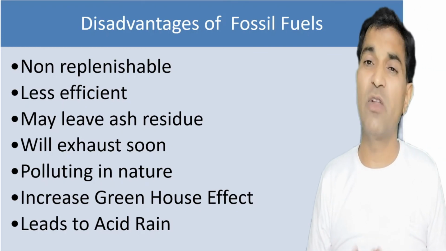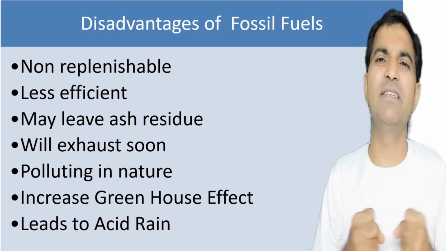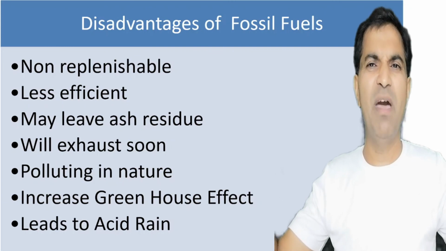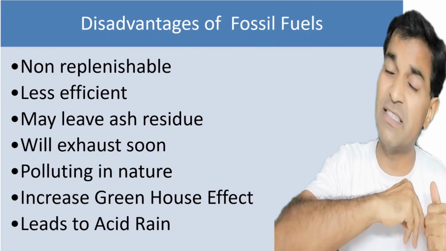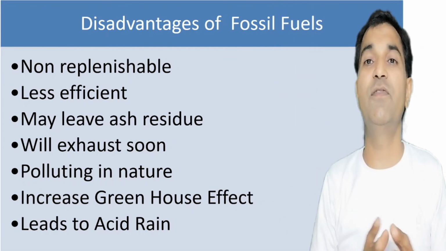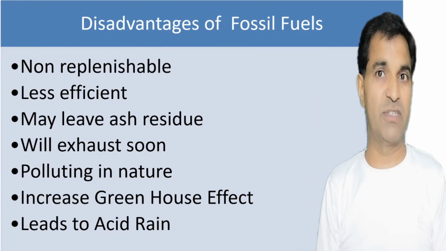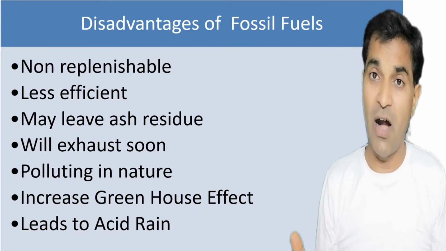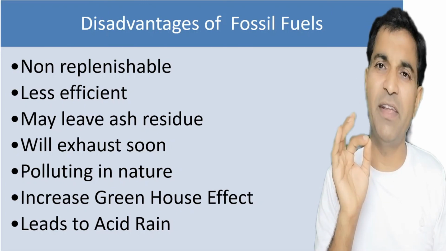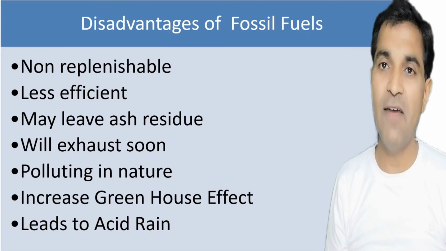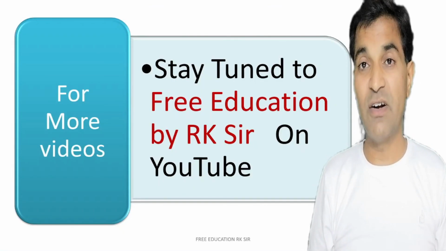And one more thing: we are using these fossil fuels like madmen, because the hunger for energy is tremendously increasing. The hunger for energy among people is constantly increasing, exponentially. And we are using these fossil fuels exponentially. So sooner or later, they are definitely going to be exhausted. But before that, perhaps the greenhouse effect and acid rain will lead to very drastic effects on our life and our future. I hope you have understood the different sources of energy.